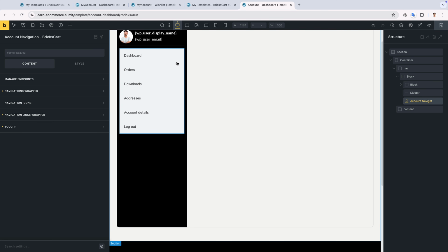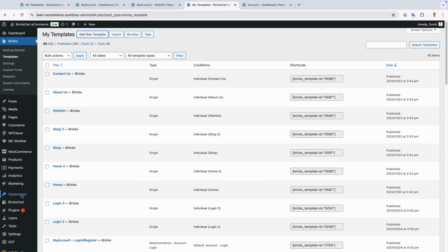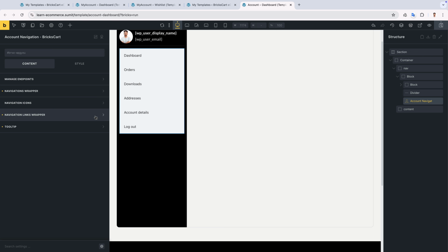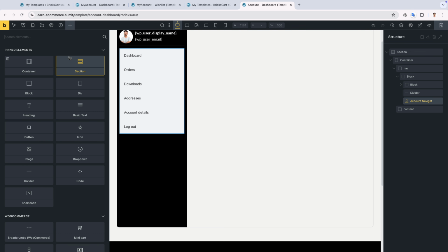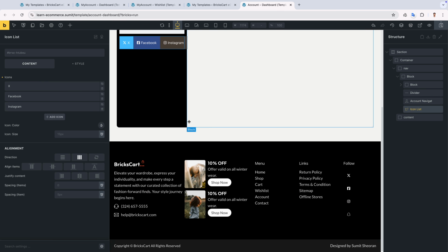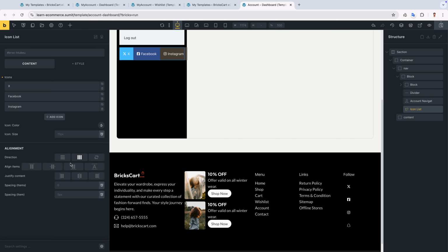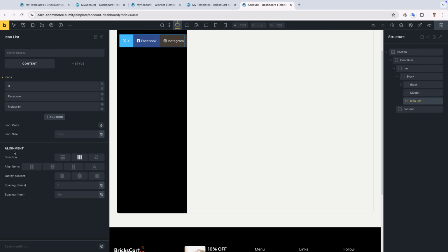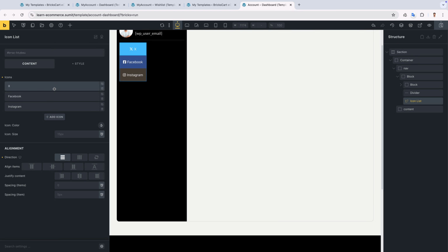This element is basically from the BricksCart child theme. This one I'm using, and if you are not using it, you can get it on BricksPixel.com. And if you want to create it manually, then you will have to use this icon list element, and let me show you how you can do this manually. Let me delete it, and alignment direction, this one, come to this,